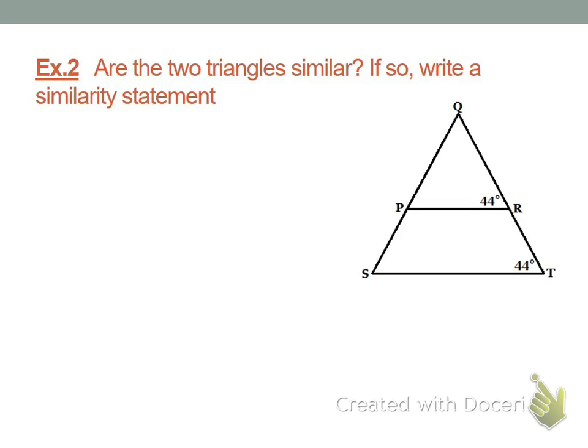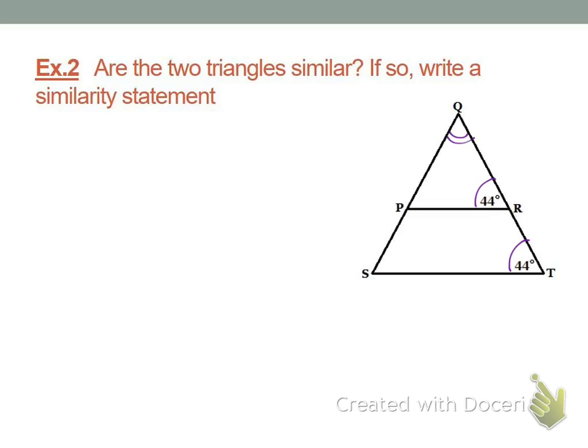Are the two triangles similar? If so, write a similarity statement. All right, so whether you drew these separately or left them all together, how many pairs of congruent angles are obviously marked already? One pair, but we need two pairs. Did anybody come up with another pair? Kara? Q is congruent to Q by the